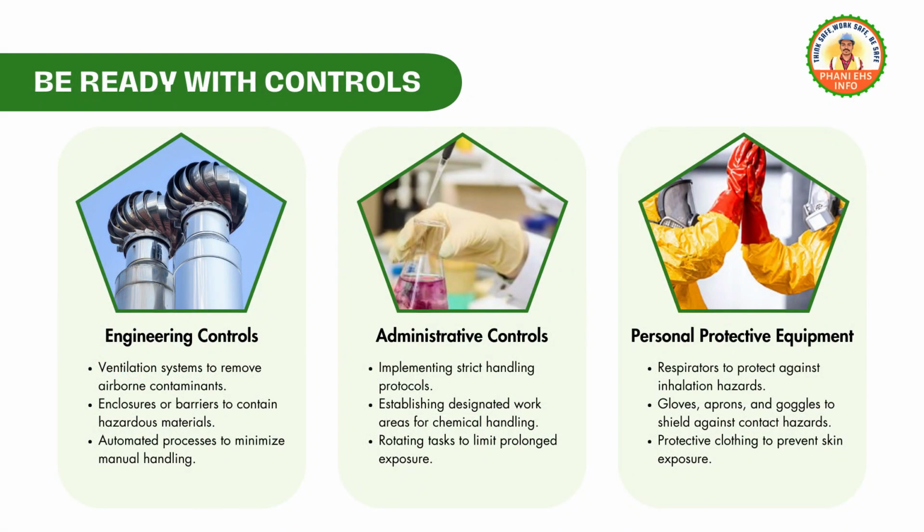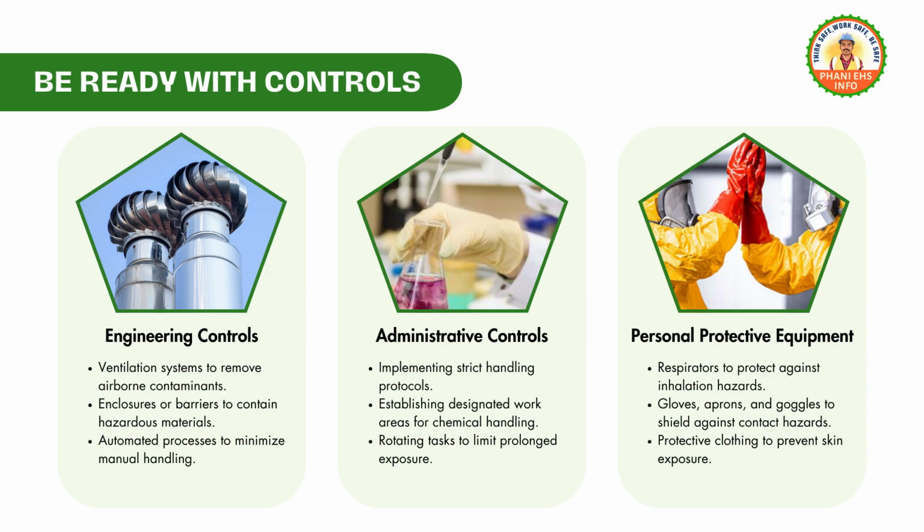Be ready with controls. Engineering controls. Engineering controls are physical measures designed to eliminate or reduce chemical hazards at the source. Examples include ventilation systems to remove airborne contaminants, enclosures or barriers to contain hazardous materials, and automated processes to minimize